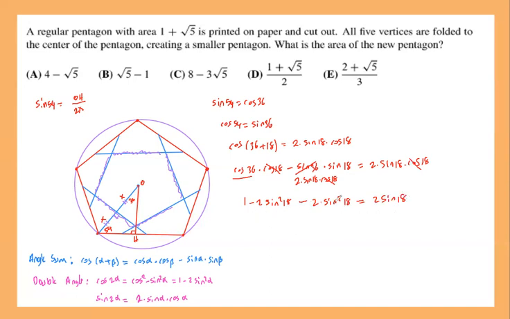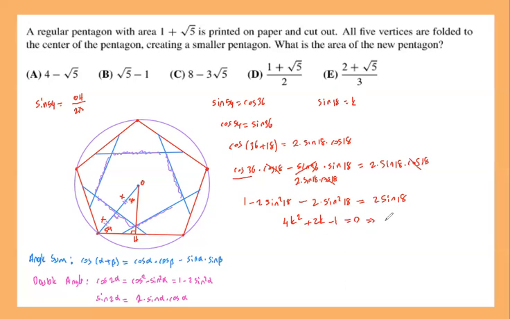So if you want to substitute at this point, you may just do sine 18 equals, maybe, k. So that will be -2, which is -4. If you pull everything on one side, that should be 4k squared plus 2k minus 1 equals 0. And if you use the quadratic or